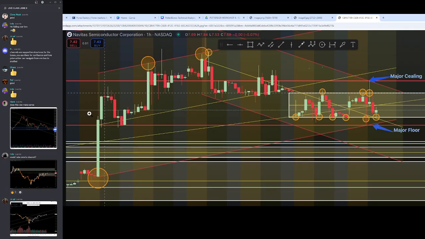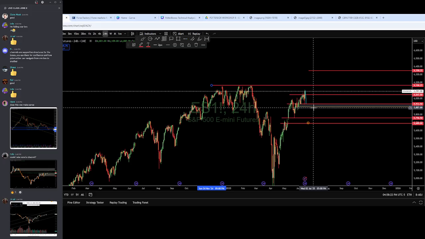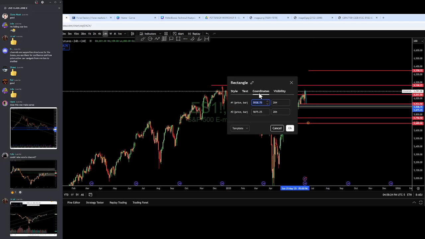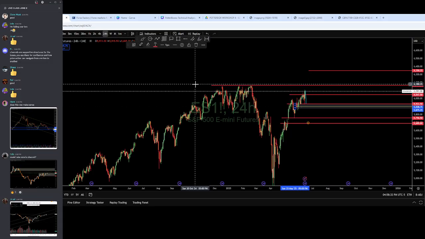Try to make sure that your higher time frame, otherwise, I mean, I see everything you're doing here. If your higher time frame boxes are bleeding into your lower time frames, you can go to the higher time frame and you click on the actual box and you go to visibility, and you click the actual time frames you want that to appear on. Just if you want to clean your chart up.